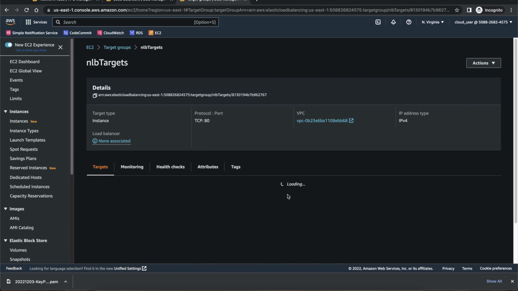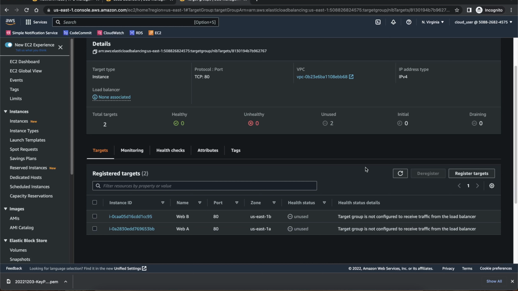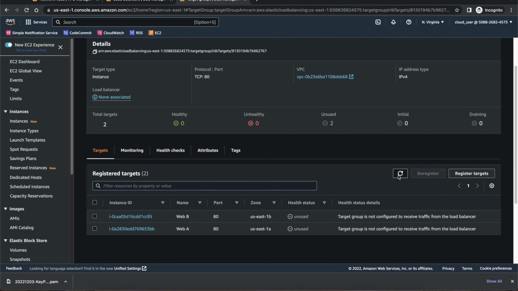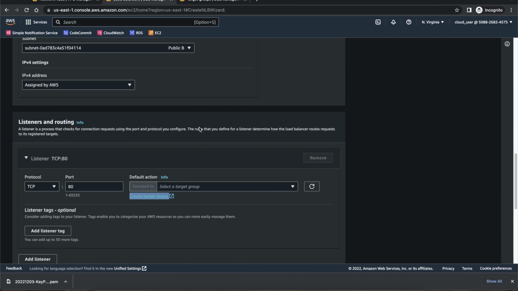Let's see the target group. Currently it is saying unused. Let's go back to the load balancer and refresh. I'm on the load balancer page. Refresh the